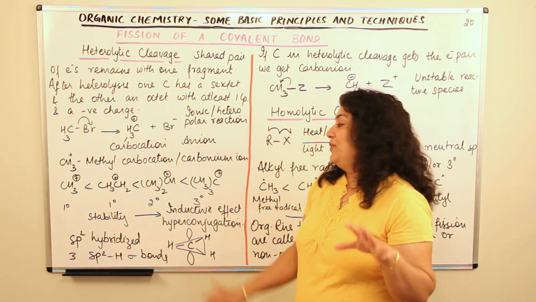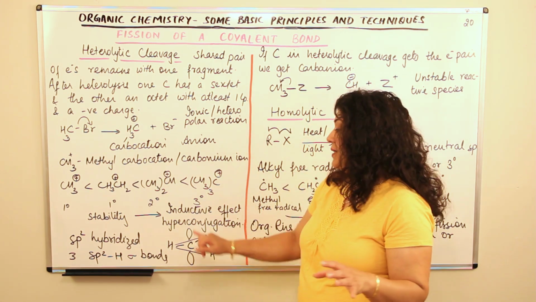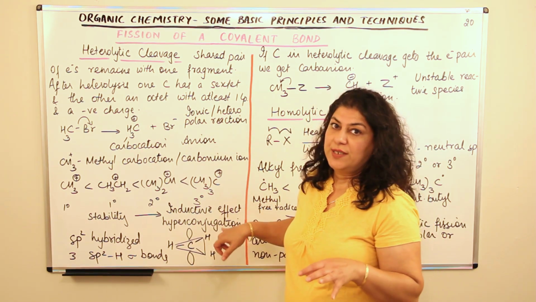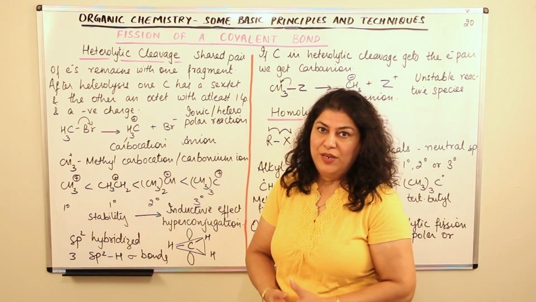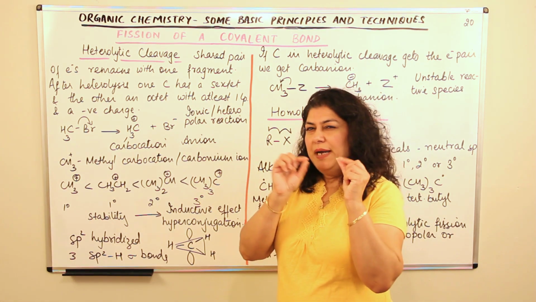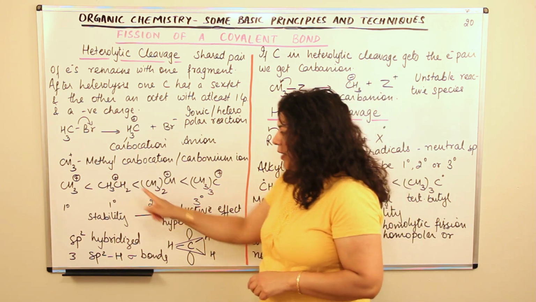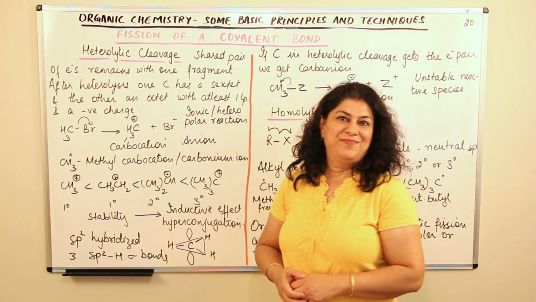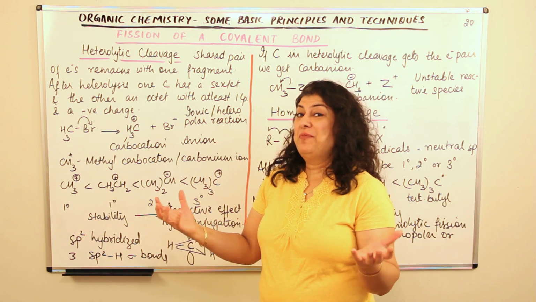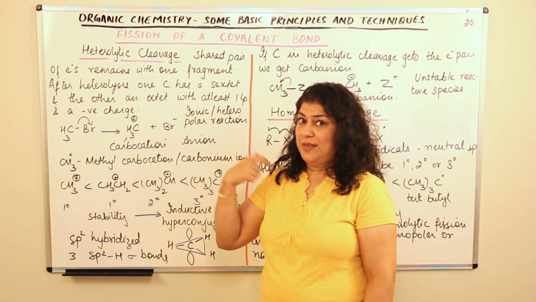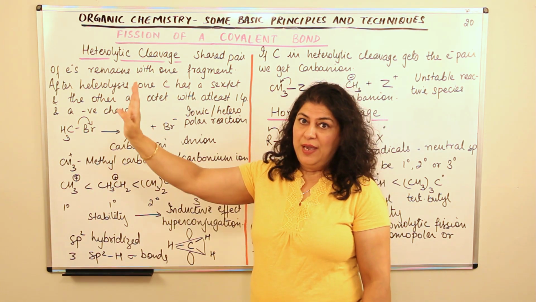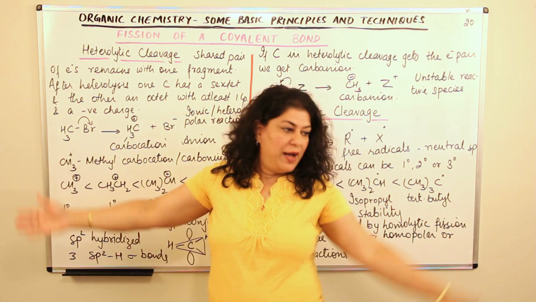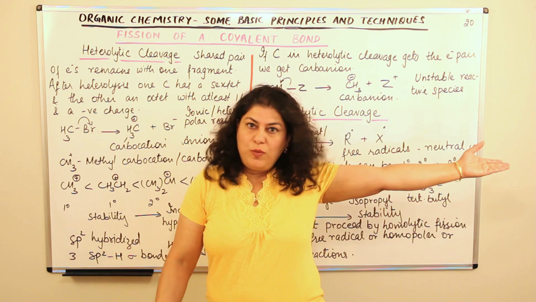This stability of the carbocations can be explained on the basis of inductive effect and hyperconjugation effect, both of which you have not yet studied, and I'll be doing them in the consecutive videos. But let me just give you a little hint. Methyl groups have a tendency to pull electrons towards themselves. So it is the same thing, my friend who was stronger than me pulled the electron away and made me positively charged. And I don't have just one dishonest friend, I have many more others,